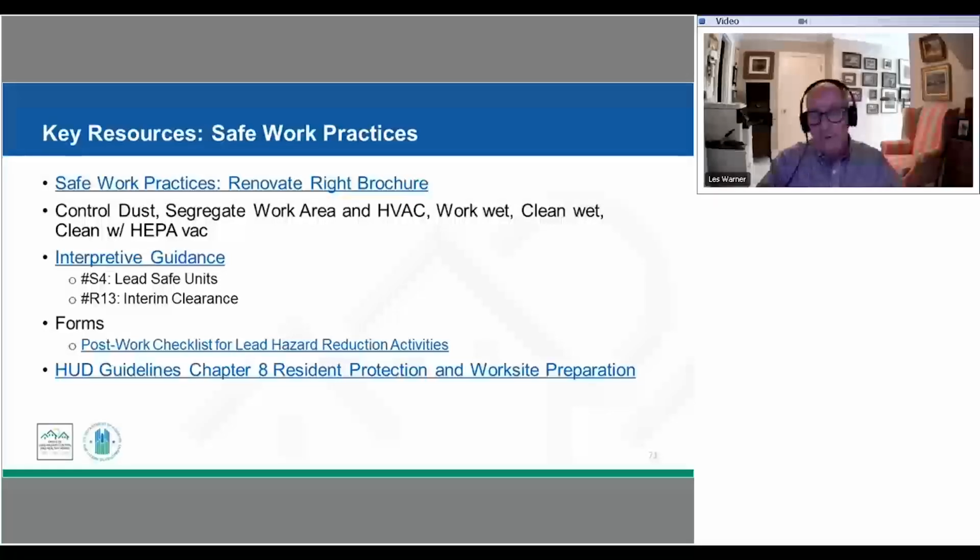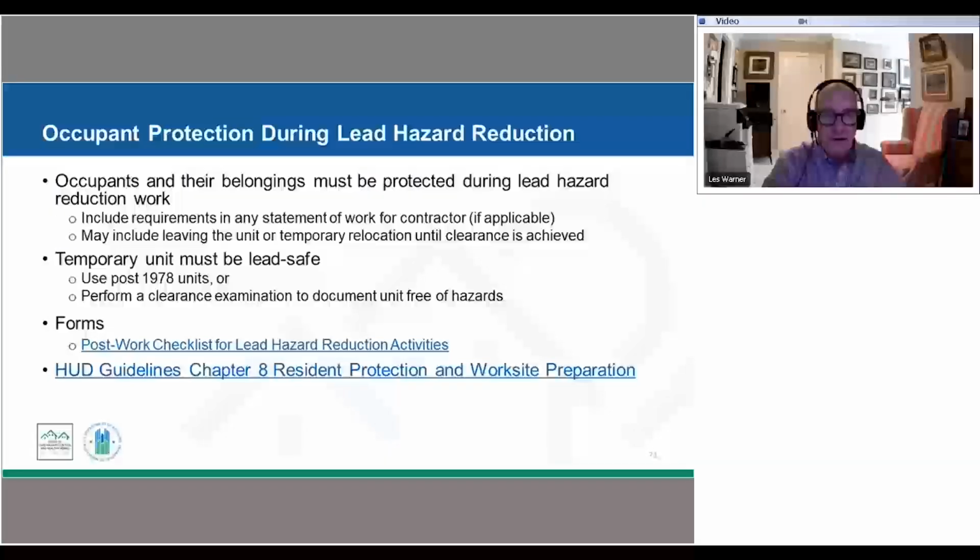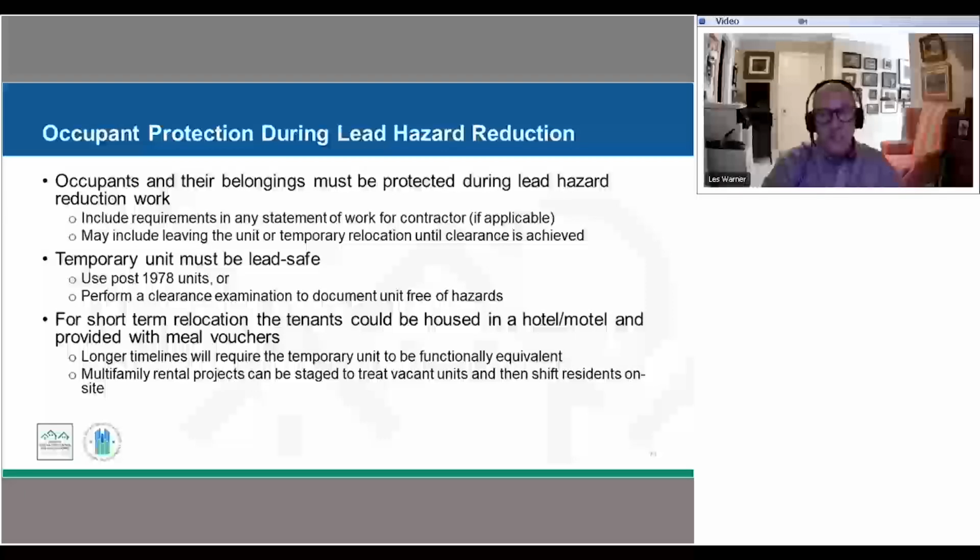In sample forms, there's a post-work checklist, which I think will be useful in documenting that all of this has been completed appropriately. So let's talk briefly about occupant protection. So we not only need to make sure that we protect the occupants if we're not able to do the work with them in a place safely, but we also have to think about their belongings. So if we have the occupant outside of this work area, but we leave their possessions in that area and they become contaminated with lead dust that we're generating as part of that,